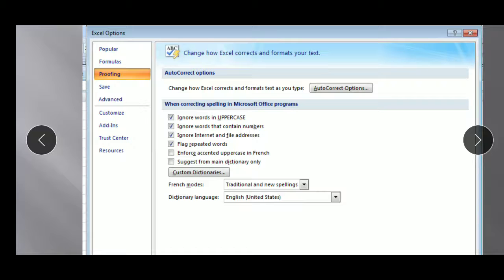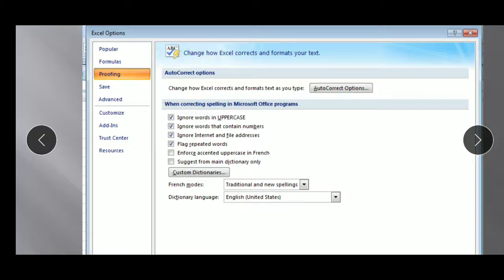Likewise, with flag repeated words, if a word is repeated continuously somewhere when we write a text, and I want to search for it, I need to arrange it in a sequence so that whenever I search, I get it in the proper section. It can be any word, and it helps to check the paragraph as well.